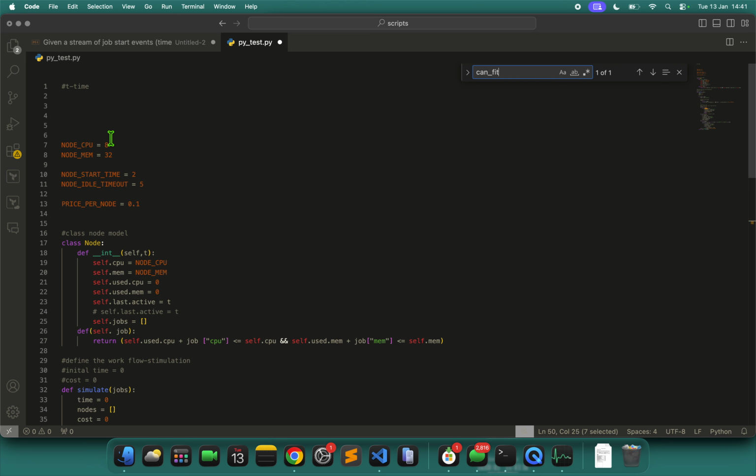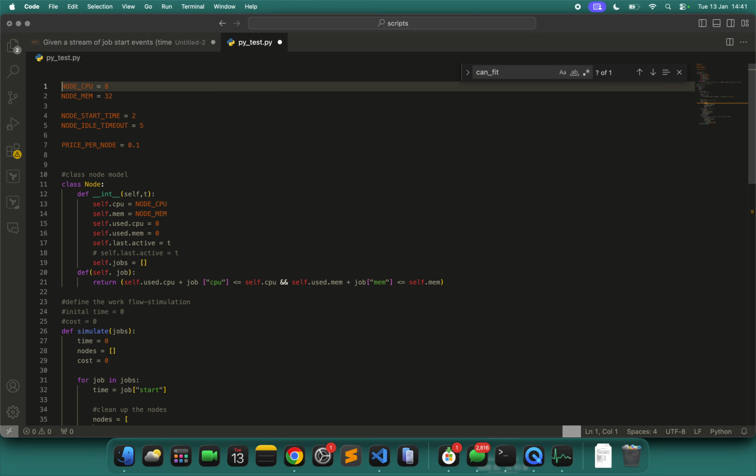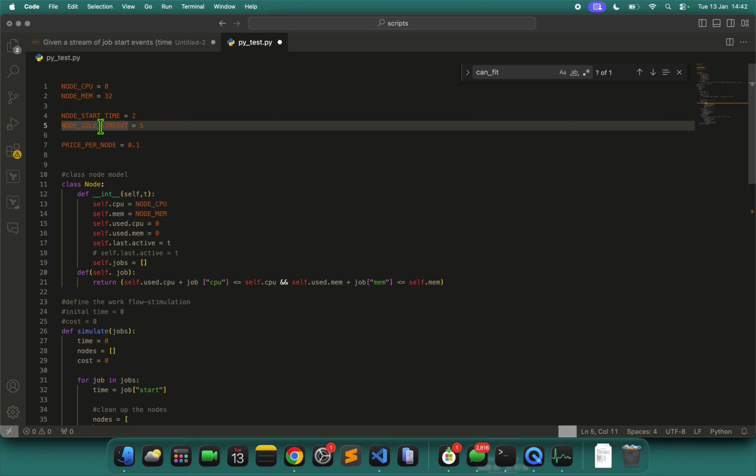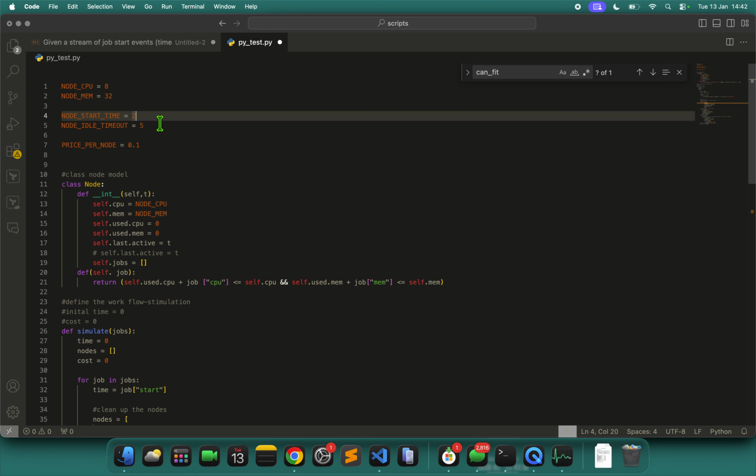I've given an initial node with CPU 8 and RAM 32, like the ideal node we have. Then I have given the idle start time of 2 minutes, and if the node is not having any new request or new consumption for the resource set, it will have an idle timeout of 5 minutes, which is 300 seconds, but defined here in minutes.